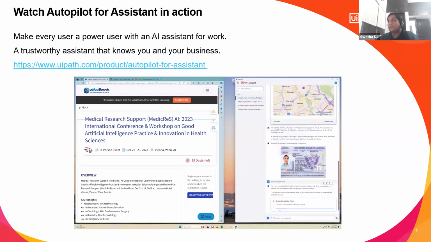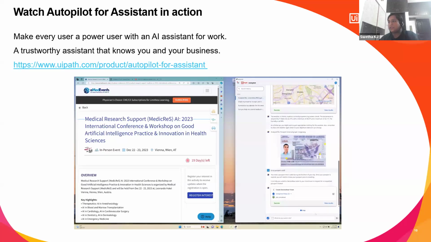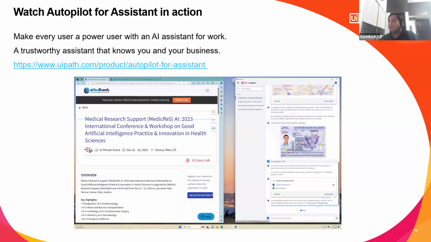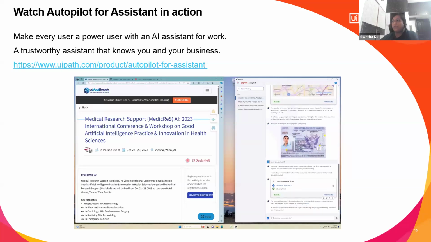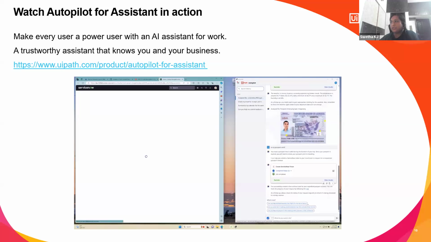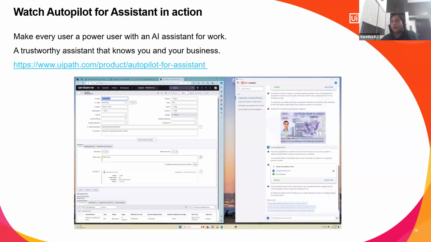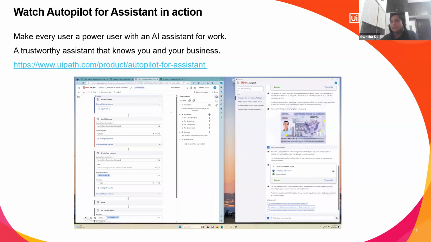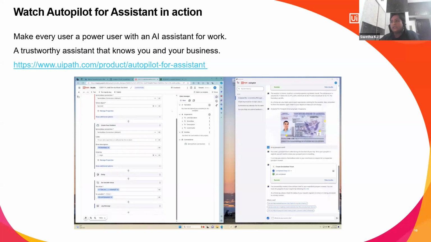Now if you see, the passport has been given and apparently it is already expired. So now it is going to log a ServiceNow ticket so that they can renew it. That's what it is doing. It would have already shown you the steps that it will be performing as part of this entire process. That's how UiPath Autopilot and Assistant come together. Now if you see, it is going and logging a ticket at the ServiceNow portal.